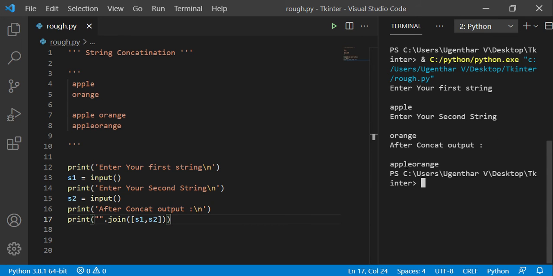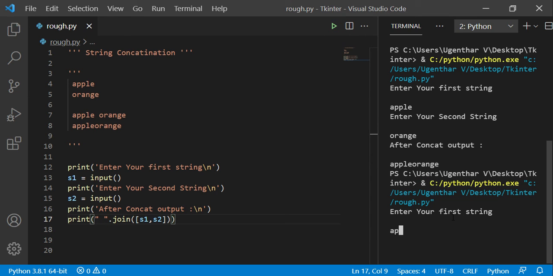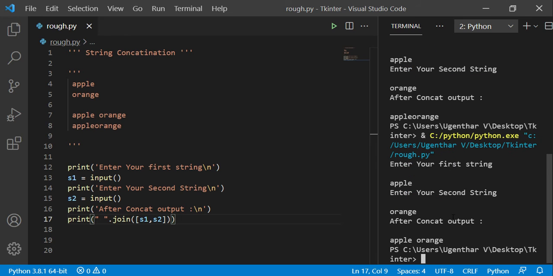See, after concatenation, in order to give a space, you can use space here. Let's see the output. Like apple, orange. Now you can see the space here.